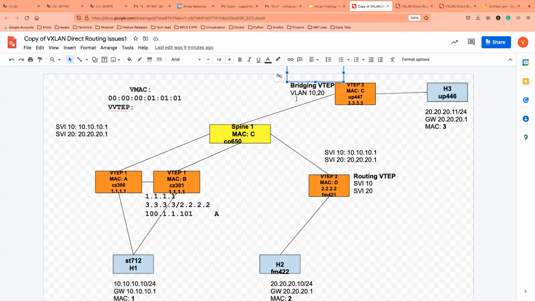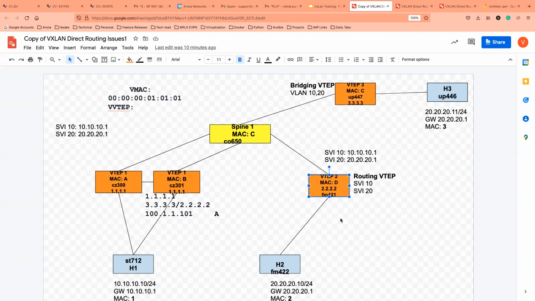Okay. Now, what is the reason why we have to configure some of the VTEPs as bridging VTEP and some as routing VTEP? What can be the reason for it? Maybe resources on that platform, router. Yes, right. It is possible that the customer doesn't have all the switches which support routing VTEPs,